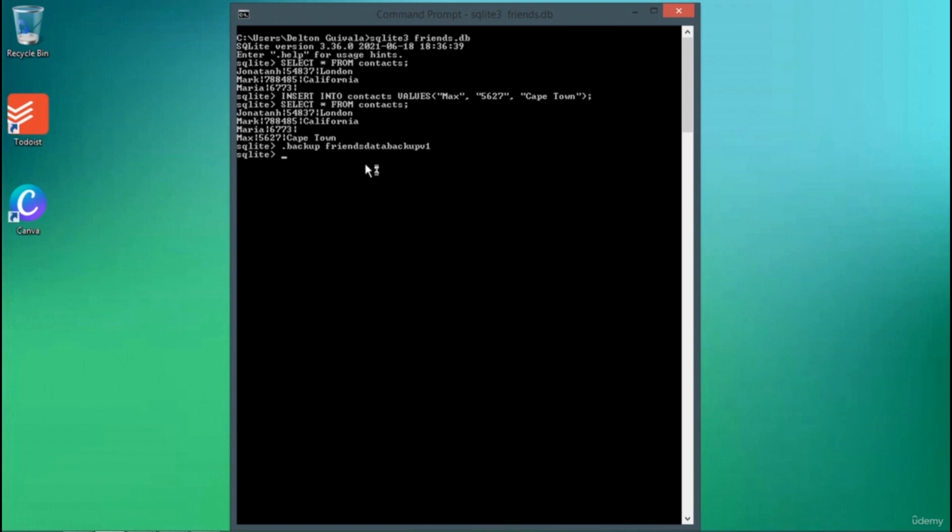Well, to update we use SQL commands. Update, space, the table, which is contacts, space, set, space. What do we want to update? We want to update Mark's name to become Jeff. So let's change where the column is name to be equal to Jeff